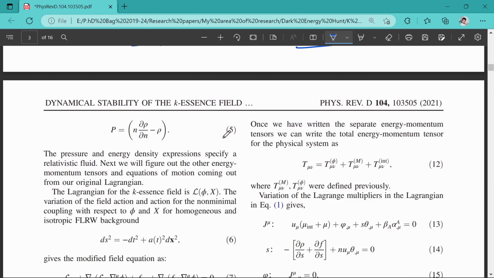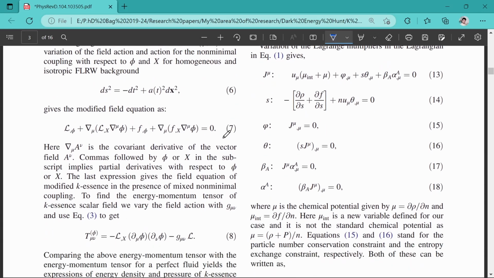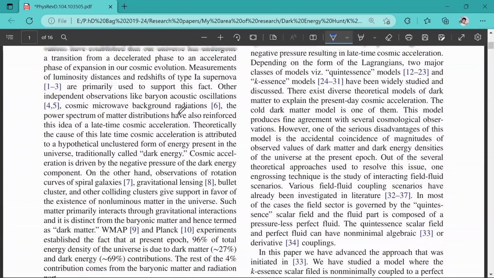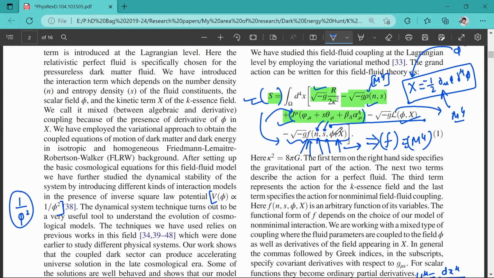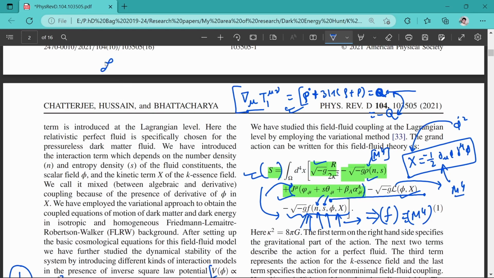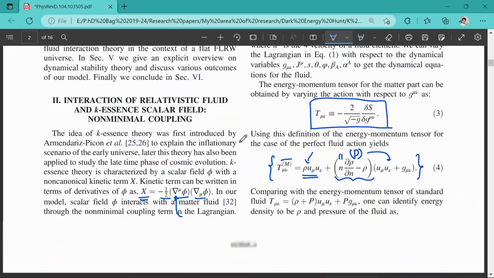So here is the pressure of the relativistic fluid, and again we have taken the FLRW background metric. If you vary this action with respect to the field phi, suppose you have the field phi and x, these are two independent quantities. As in classical mechanics, suppose x is your coordinate and x dot is your velocity, these are the important quantities. But if you vary your Lagrangian with respect to x and take the total derivative, you will get the Newton equation or equation of motion. The similar thing happens here.